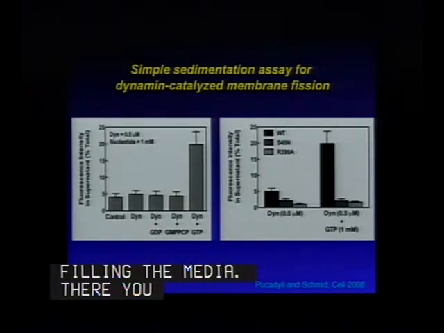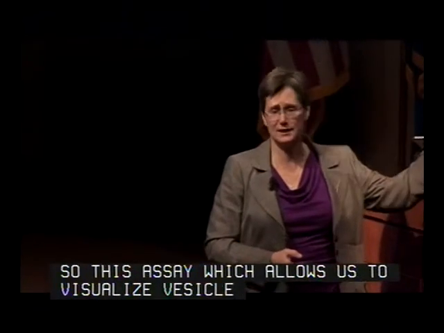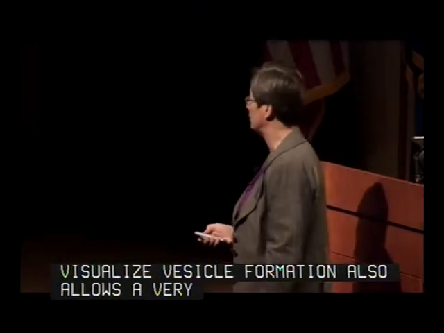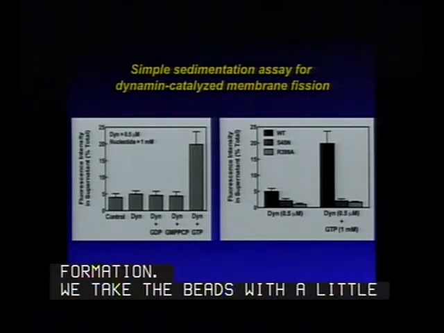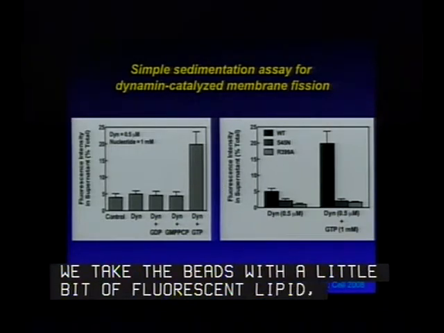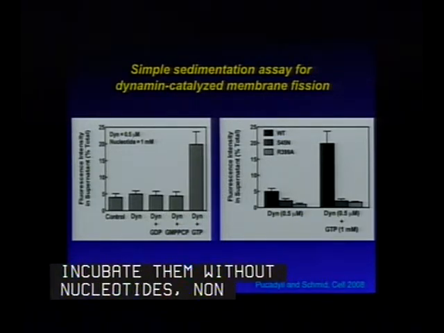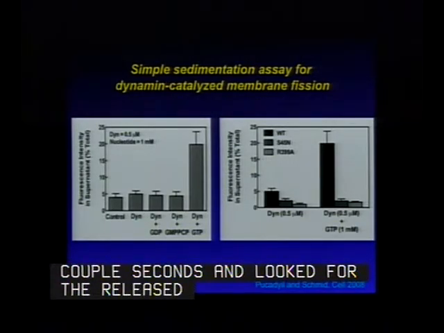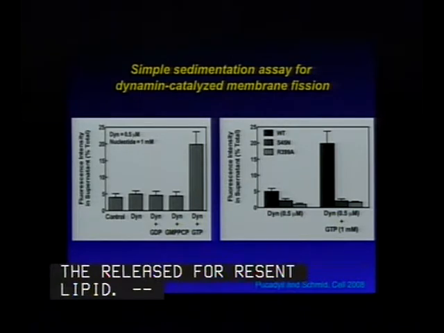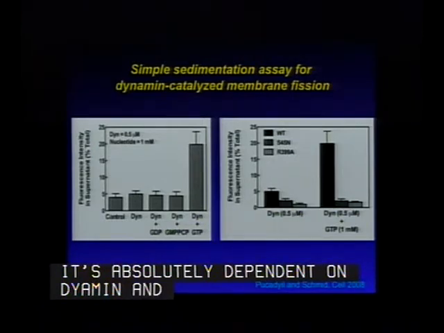So this assay, which allows us to visualize vesicle formation, also allows us a very simple biochemical assay for vesicle formation. We simply take the beads with a little bit of fluorescent lipid and incubate them with dynamin, with or without nucleotides and non-hydrolyzable analogs, and then sediment them for a couple of seconds in a microfuge tube and look for the released fluorescent lipid. And you can see that the release of fluorescent lipid into the supernatant is absolutely dependent on dynamin and GTP. Mutants of dynamin that are defective in GTP binding or defective in self-assembly are unable to release vesicles